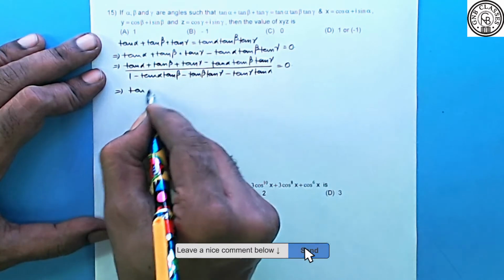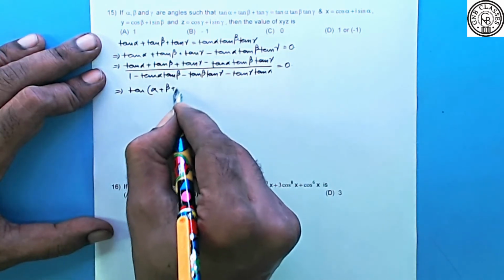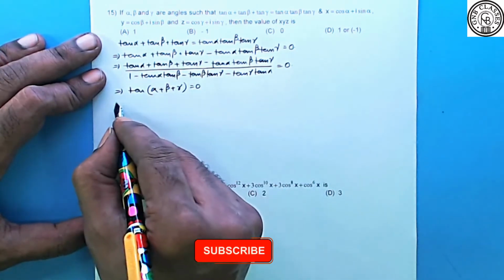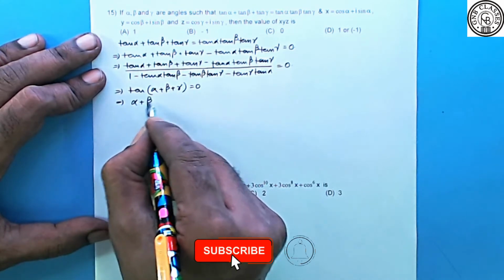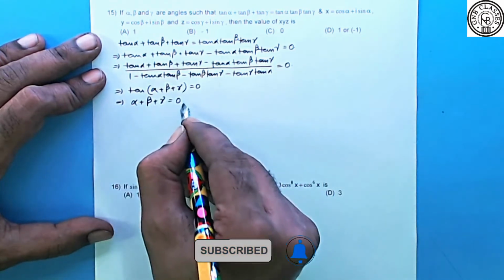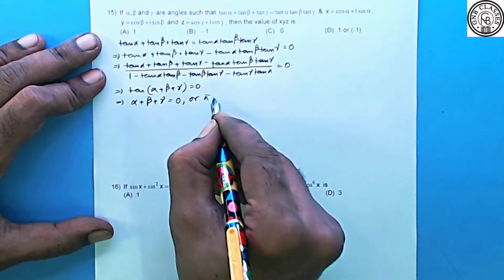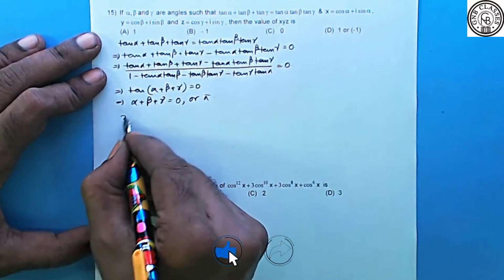That implies tan of alpha plus beta plus gamma is 0. That implies alpha plus beta plus gamma can be either 0 or pi. Is it clear? Now, we have been given that x is